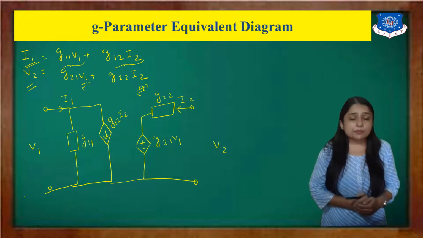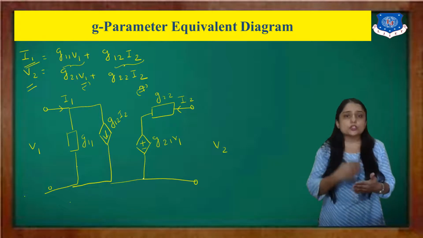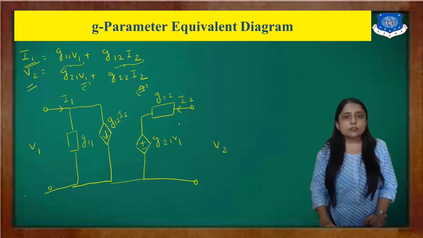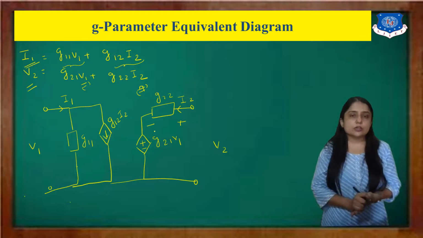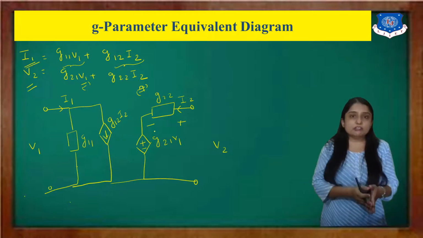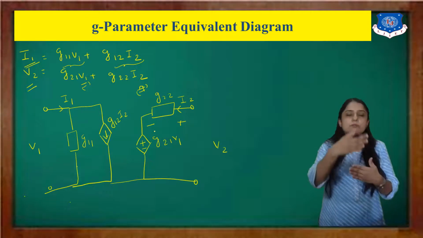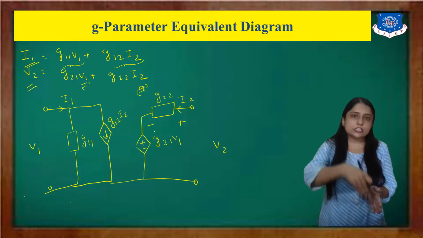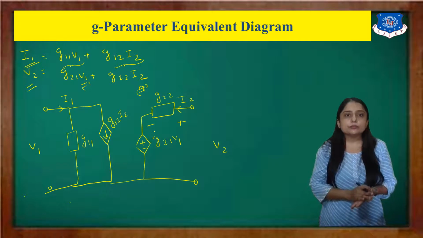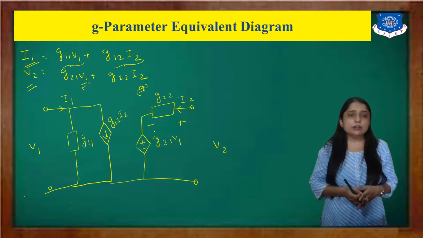Right? So just remember one thing, when you have a dependent voltage source, the sign is always from plus to minus, because the current is flowing in this direction. So here it has plus minus. Then if I put plus minus here, I can add these two current sources. So in general, whenever you have a dependent voltage source, the polarity is plus minus. And when you have a dependent current source, the direction is always down. Alright. So this is the G parameter equivalent diagram.